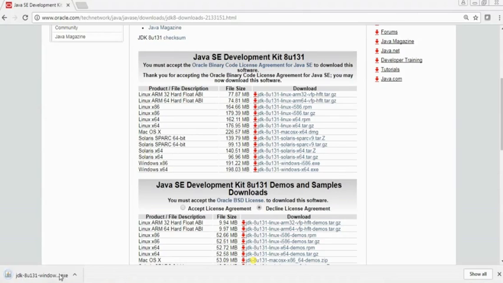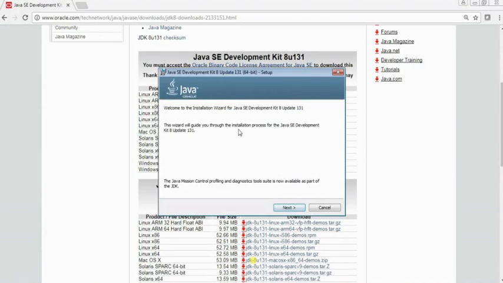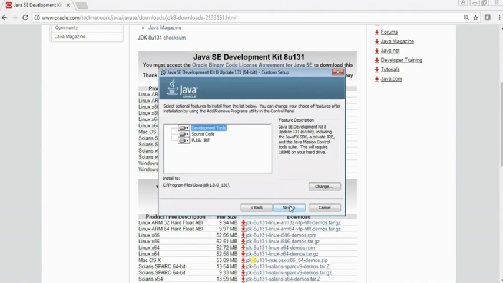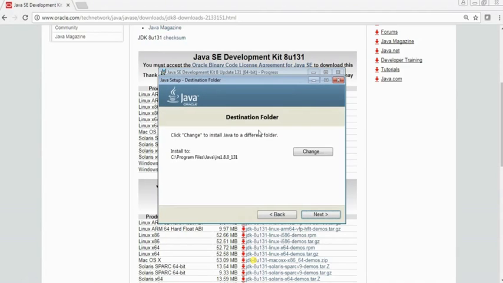Okay, so there we have it. The download is complete. I'm going to click on that executable, and the installer will start. So just hit the run button here, and this is the installer. So just hit the next button, leave everything as default, click next. Now it's preparing our system for the install, and now it's asking us to choose the destination folder. So this is going to be in the C drive program files. There's going to be a Java folder that's created, and then it's going to be this JRE 1.8 and so on. So we're not going to change this destination. We're going to just click on next,